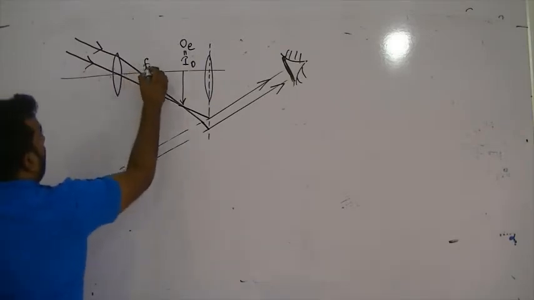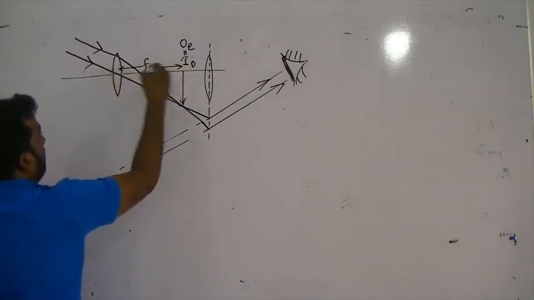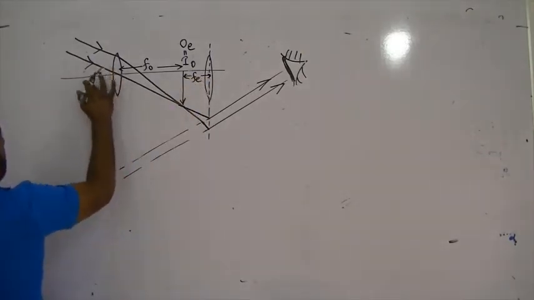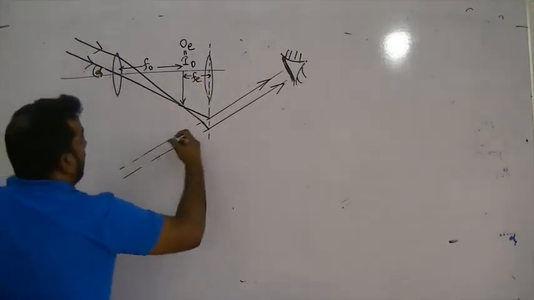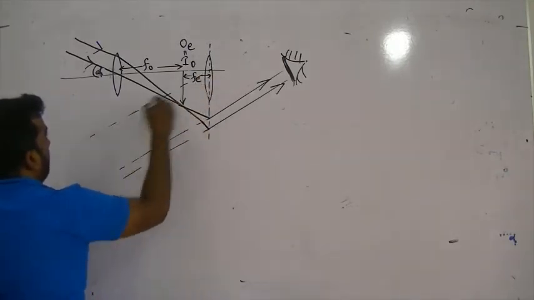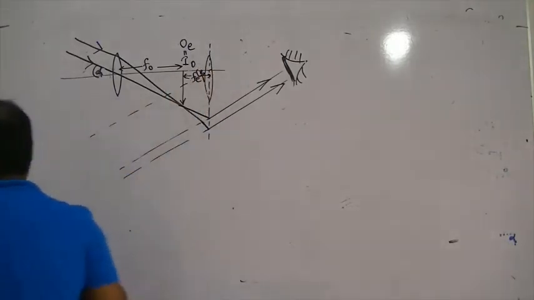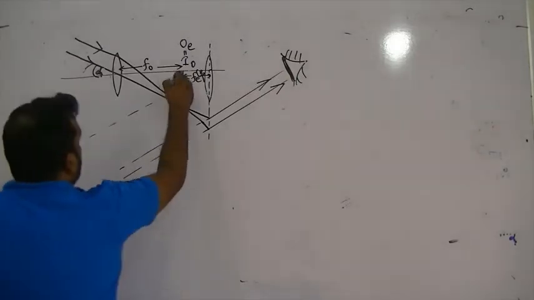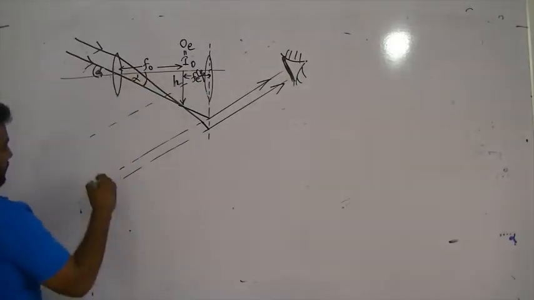This is your focal length of objective. This is focal length of eyepiece. We take this as alpha. And remember, parallel rays, we can take this as beta. Okay? So therefore, we can concentrate and find the required answers. How are you going to find the required answers? Look at the board carefully.